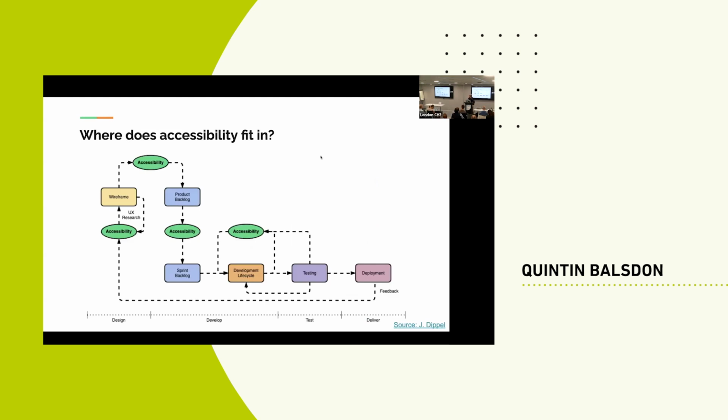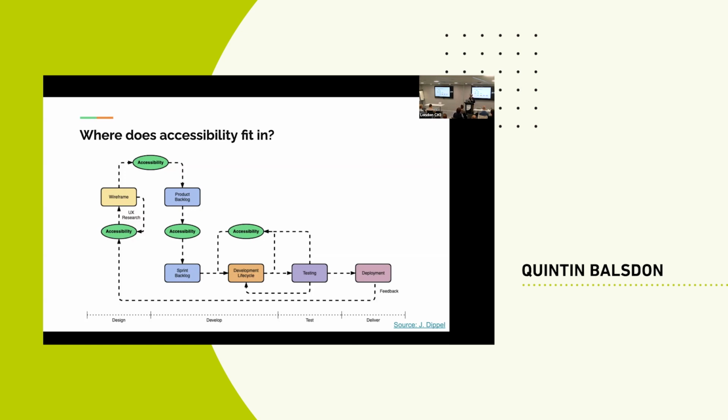So where does accessibility fit in? This should be a familiar diagram for most of you, maybe not with the accessibility bubbles, but it's a standard software development lifecycle. What I've tried to do here is identify the silos into which we operate our teams. In the first silo, we've got designers, then developers, then testers, and then delivery staff. Each of these incurs a cost as we go through the cycle. The more we add people in, and the more we're trying to fix things, the more that cost increases.